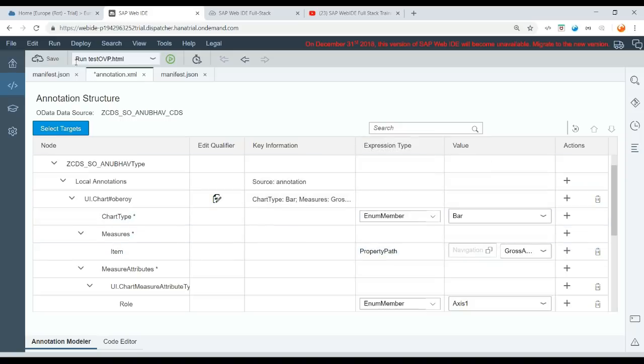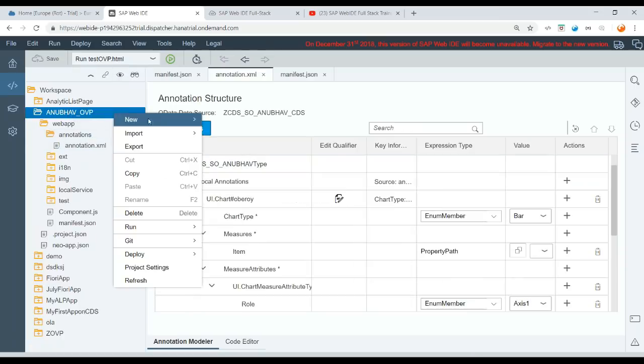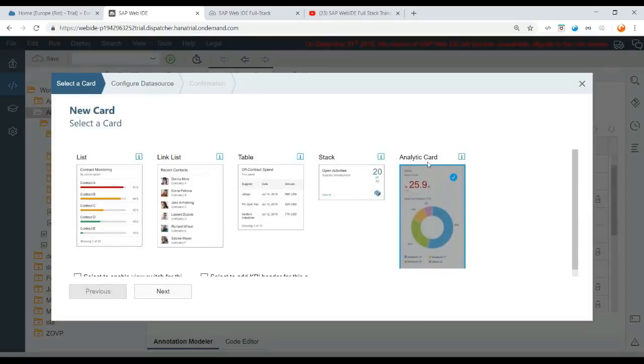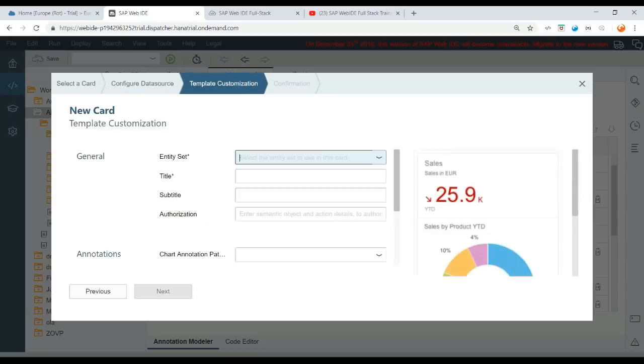Done. Let's click on save. We are done. And now what we're going to do is we're going to add a card. So right click, say new card, this time an analytical card, and say next. And now choose your entity set, give a title, and I say my sales dashboard, sales per customer,